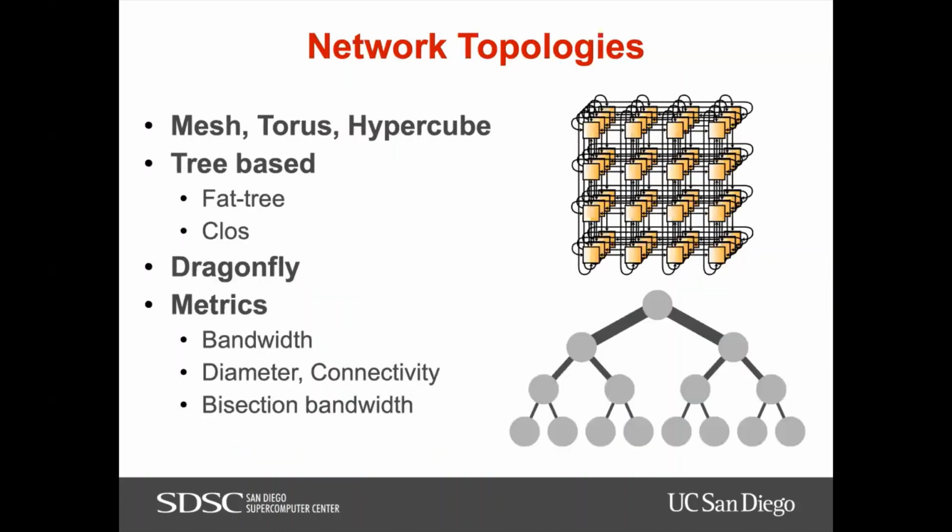So that's just within the node. But then if you get out of the node, you have all kinds of network topologies. You can have a mesh type setup. You can have a torus. The one on the right where you're seeing those yellow blobs with a torus kind of in all three directions,